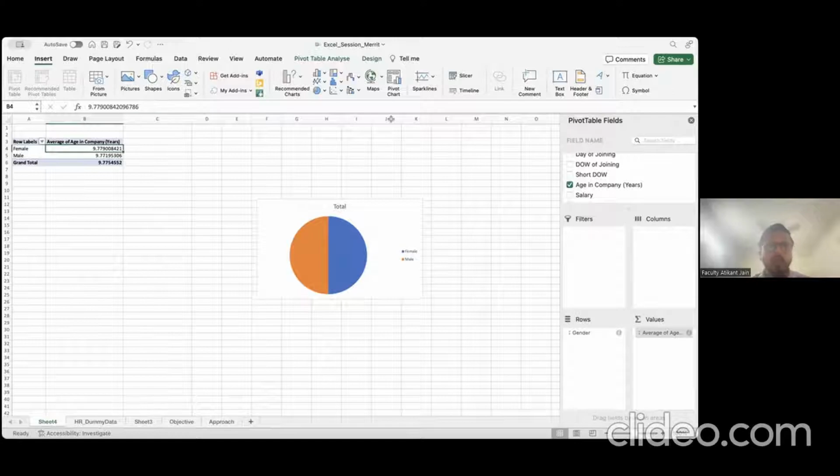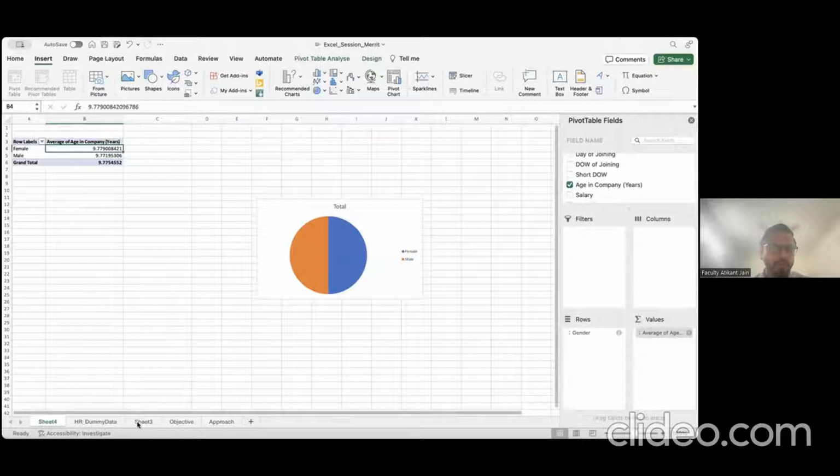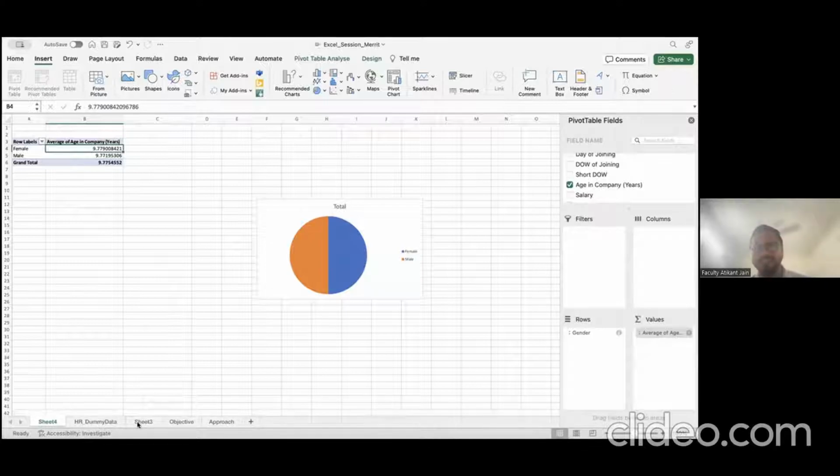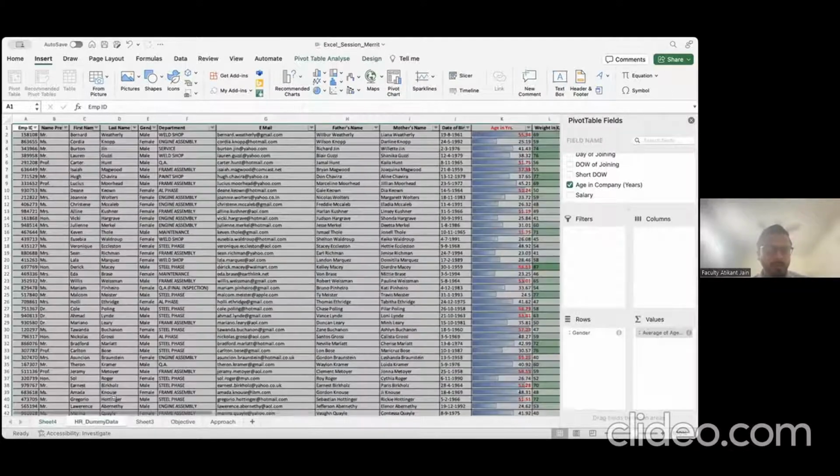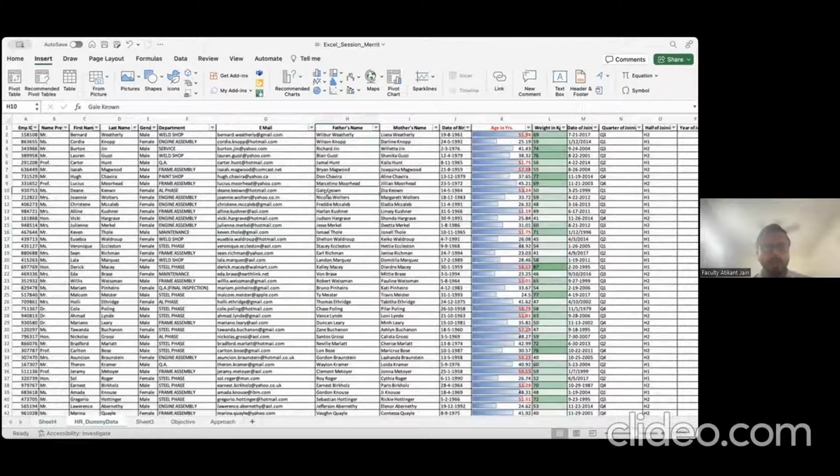All right. So now this was the basic. I just want to deep dive into the VLOOKUP concept, because someone was telling me to explain how to use VLOOKUP and everything. So if we go back to this HR dummy data,